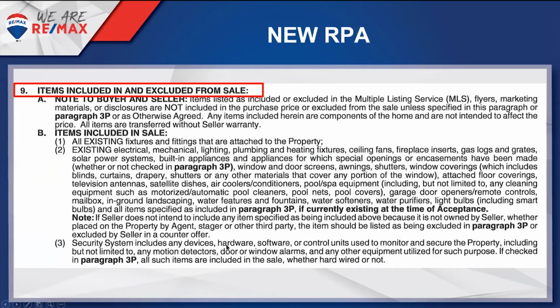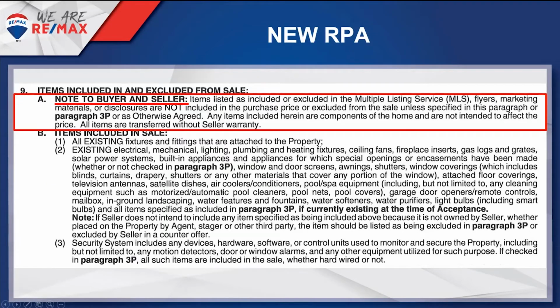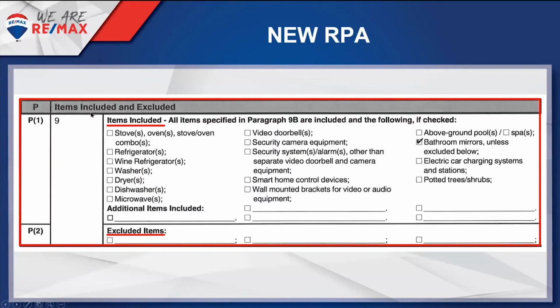Okay, items included and excluded from the sale. Now, this has been revised quite a bit, starting with the grid and then paragraph 9 as well. So we'll go through that. I'll try to get through that quickly. Note to the buyer and the seller. This is an important note. Items listed in the MLS, flyers, marketing materials, and disclosures are not included in a purchase price or excluded from the sale unless specified in paragraph 3P or otherwise stated. So the MLS might say,